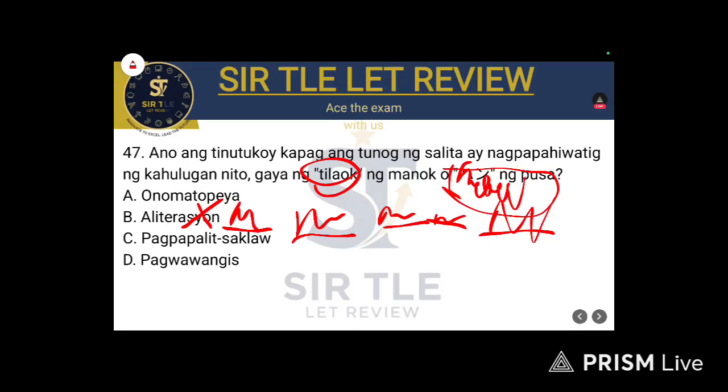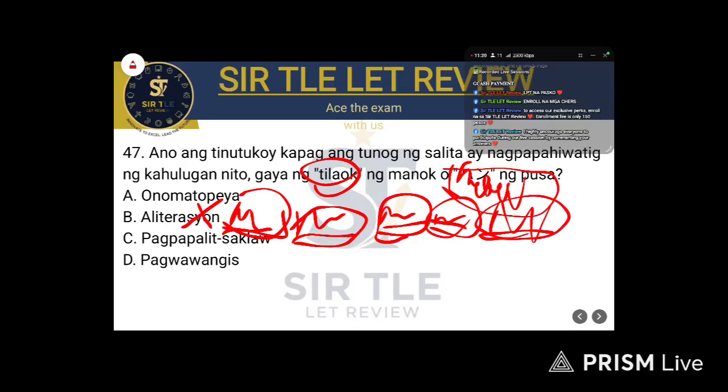Wait lang, katinig. So, when we say alliteration, ito ay ang pag-uulit ng mga unang tunog ng katinig. The katinig is the consonant, the letter M, na magkakasunod na salita sa isang pangungusap o linya ng tula. Example, makikita, letter M, makikita mo, letter M again. Makikita mo ang magagandang, letter M, mata ni Maria. Okay, that is alliteration.